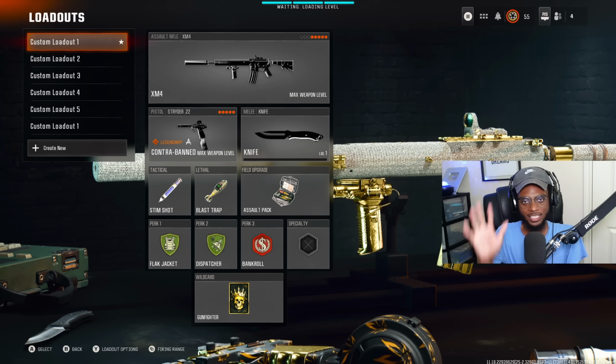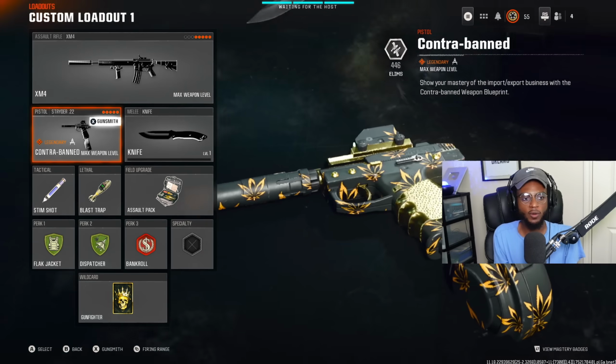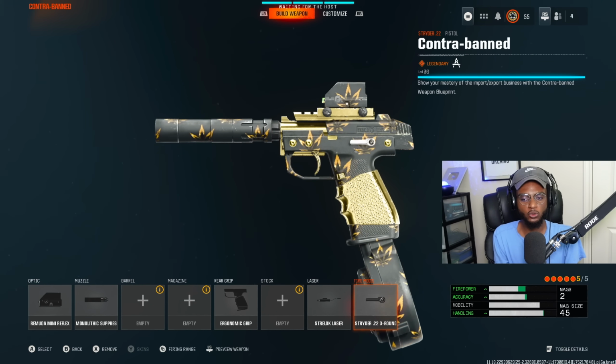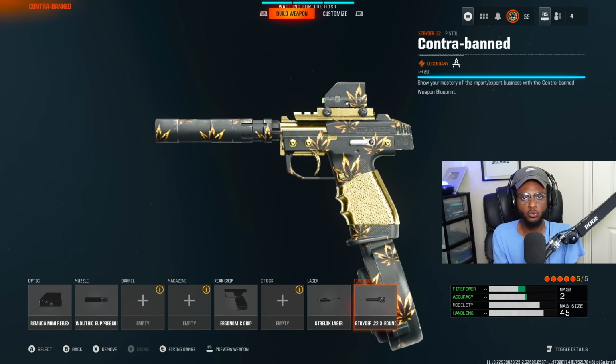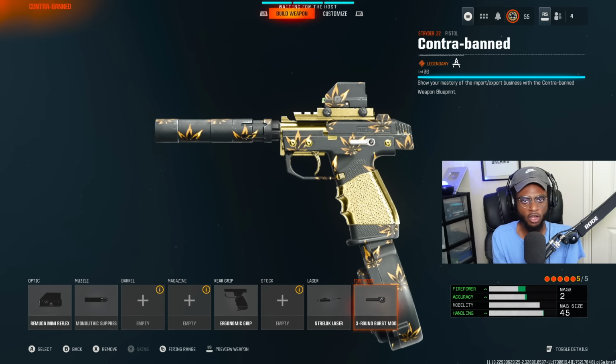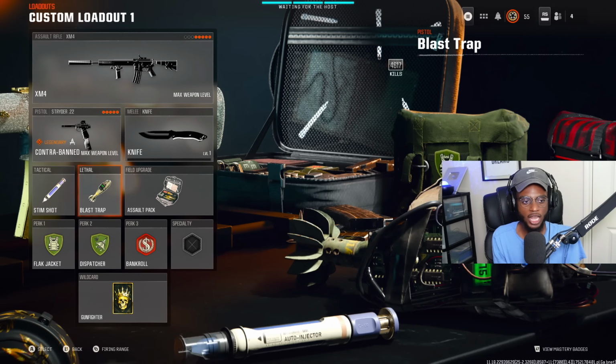These are going to be the top 5 meta loadouts to use here in Black Ops 6 if you're looking to mix up the meta. For the rest of all of my loadouts, I always go ahead and rock the Strider .22 with the 3-round burst mod. This is a great secondary to run just in case you run out of ammo. You could always fall back on this. I do recommend putting on the knife, and we are going to be using the stim shot, the blast trap,